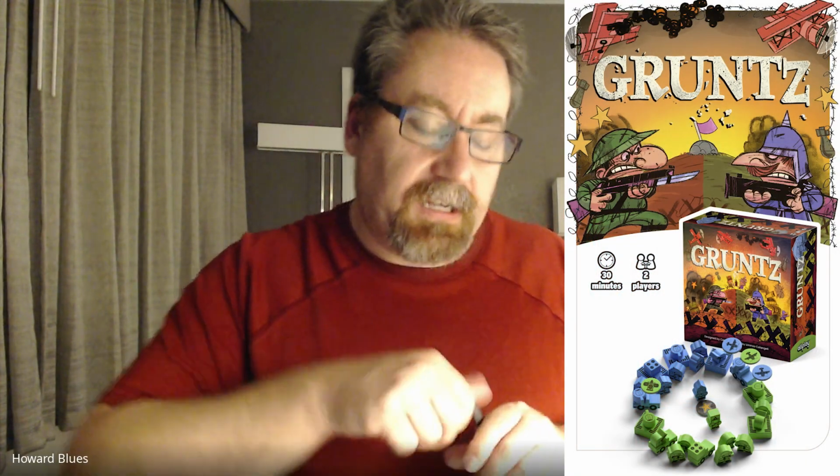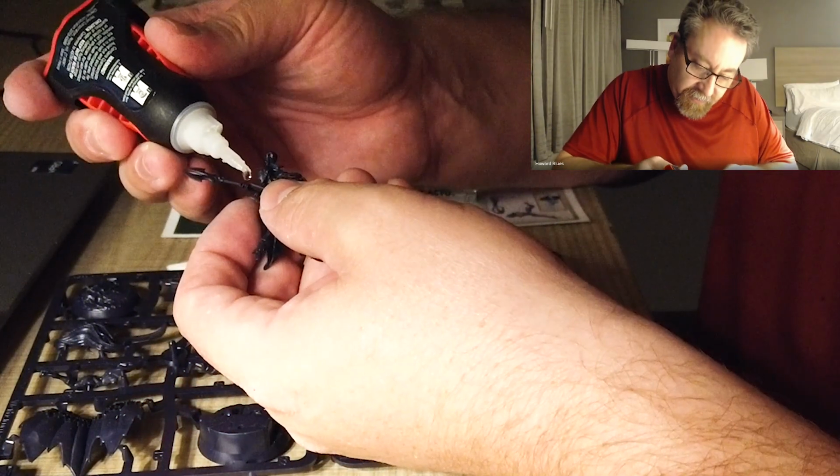So I like Triangulation. Container looked interesting. Grunts, I am not going to lie, was probably the part of that, and you're noticing I'm getting out the glue on this